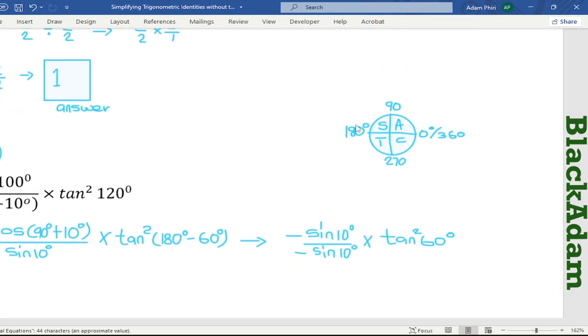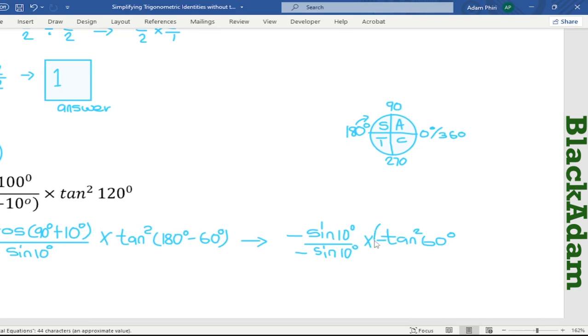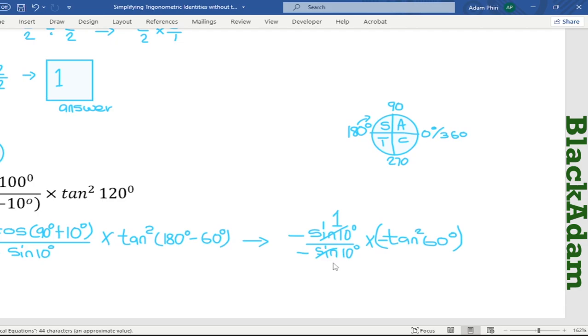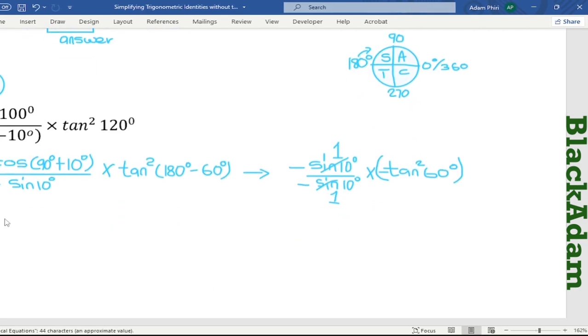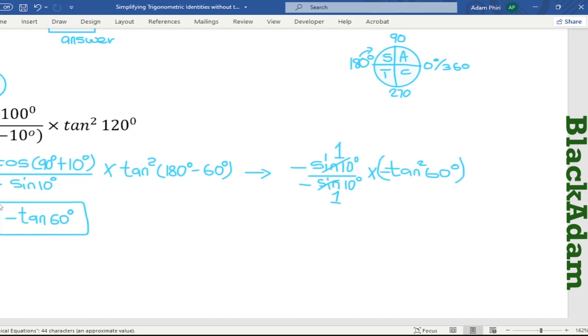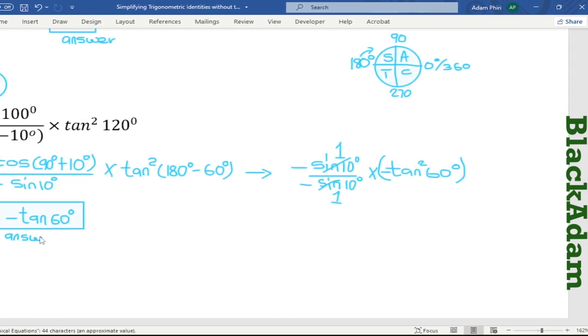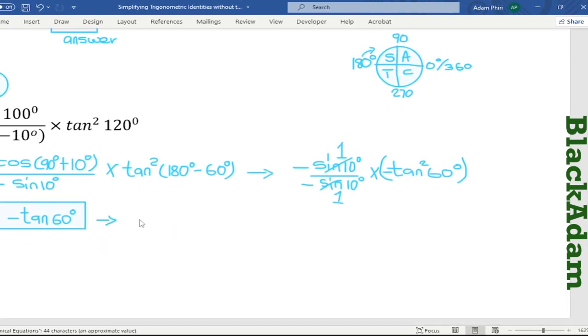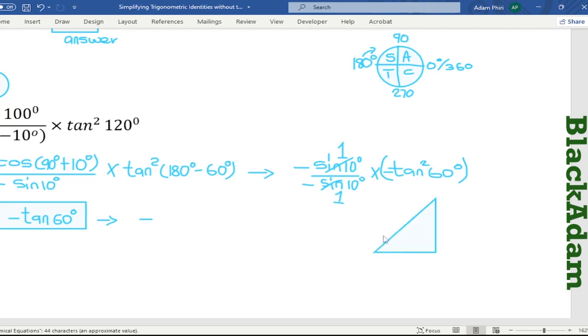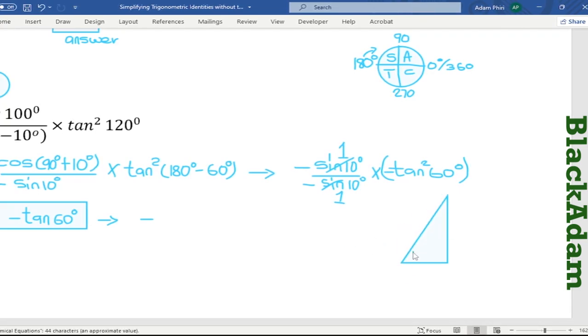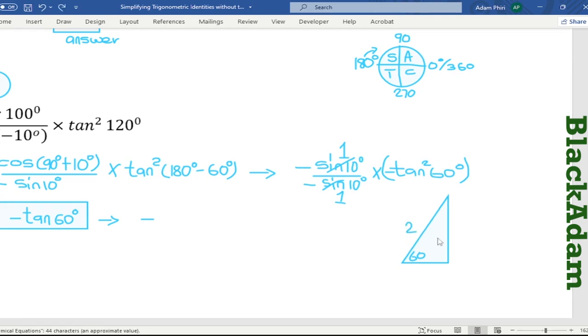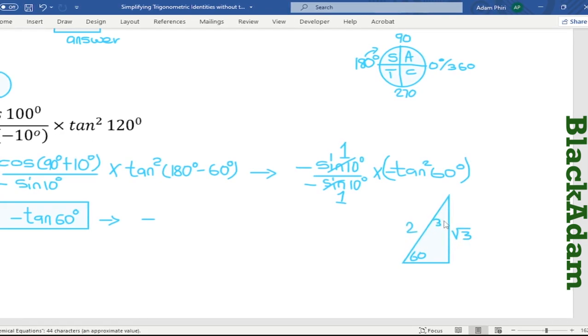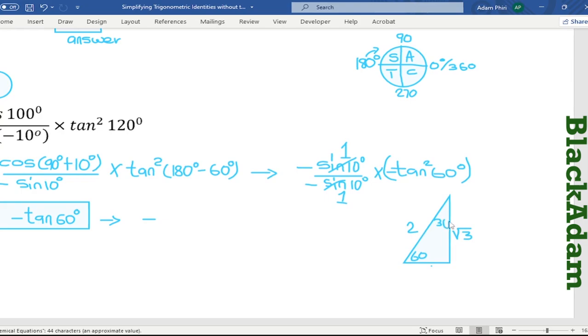So the sine 10 over sine 10 is going to be 1 over 1, so it gets 1, so we have negative 1 times tan 120 degrees squared. Yes, it has to be squared. So we look at tan 120 degrees, and then we have 30 degrees there, and then tan 60 degrees will be